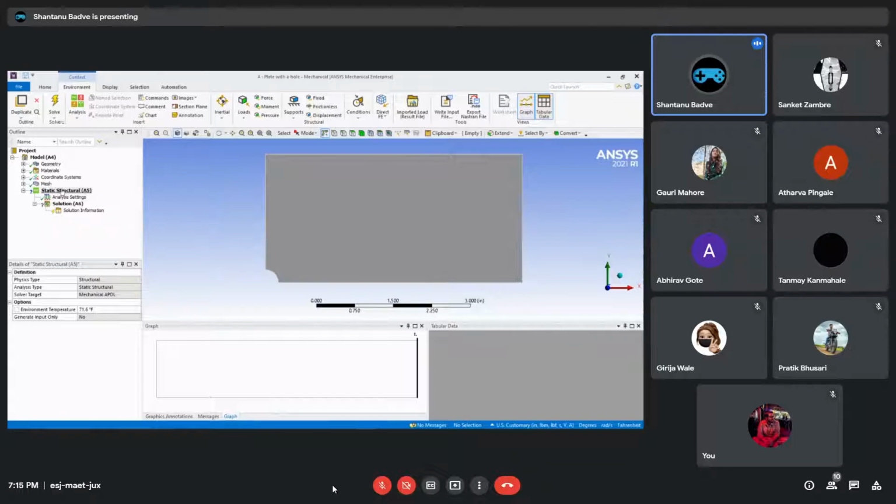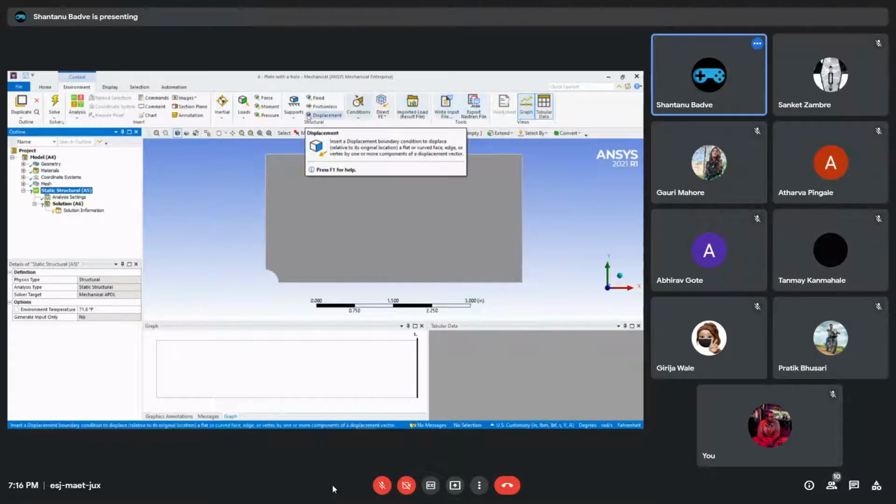Okay. So by default now static structural has been selected in here. This is basically where you define all of your physics setup. And by default we can see that the environment tab is now selected. In the environment tab you define what are the various forces that are going to act. Now as I said, we are going to deal with pressure forces, which basically means that we are going to pull it, right? And pulling is nothing but applying pressure. So we are going to apply a pressure force.